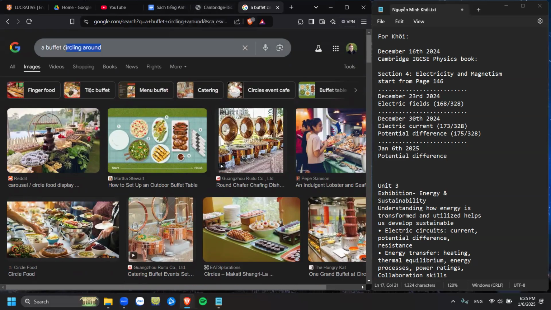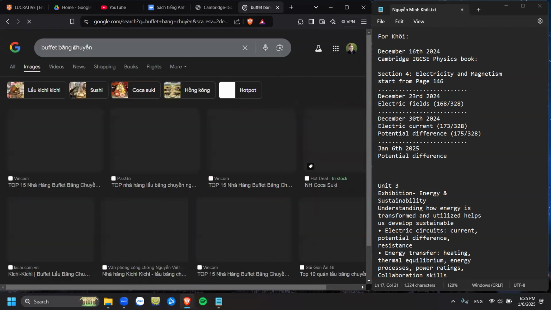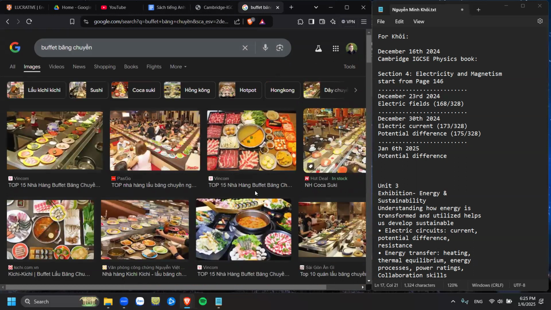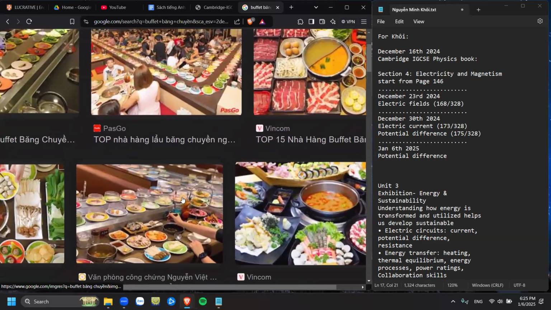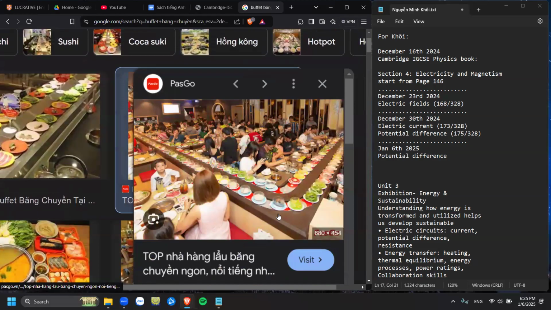Ah, sorry, excuse me, but I need to use my Vietnamese now. Ever seen something like this? There. Basically, this thing, I saw it in Japan before. Yes, they flow around like this, and you just have to pick the one that you want to